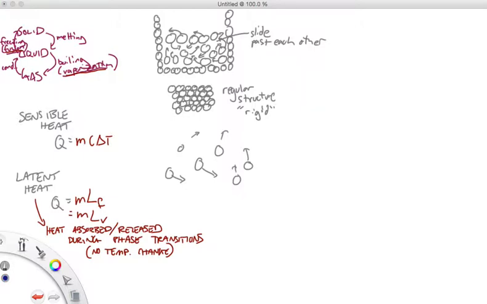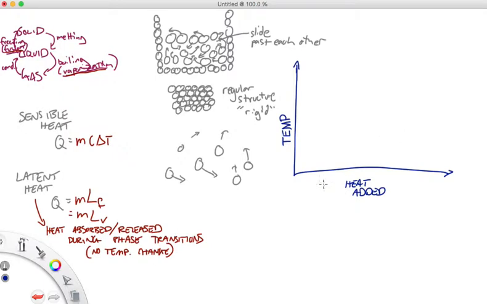We've probably seen this in these little graphs that the teachers make you do, where you've got temperature on this axis, going up, and you've got heat added on this side. It's usually measured in time. They don't really give you an amount of heat, but you've got like a burner, and you've got, let's say, some solid ice, and you just keep on